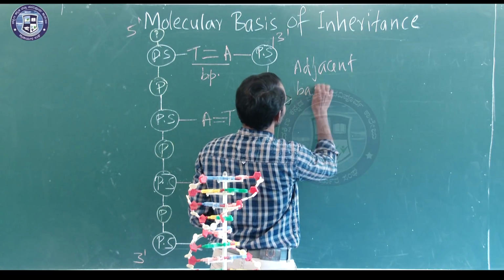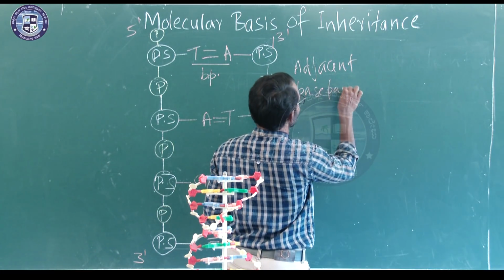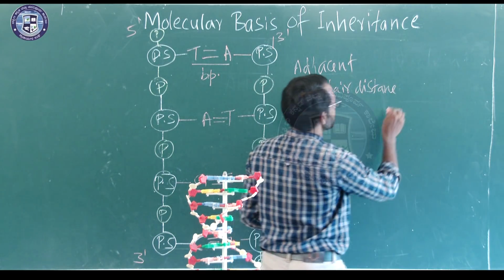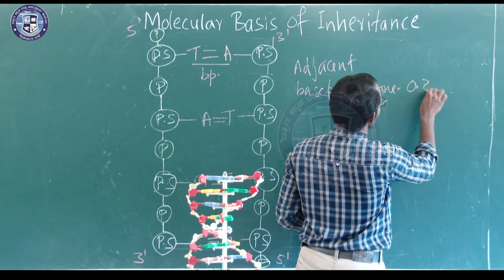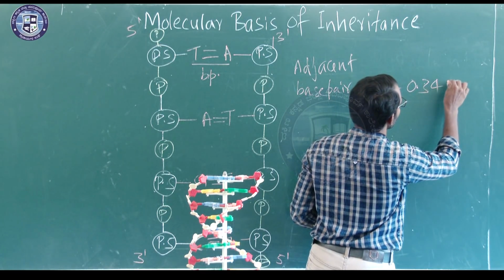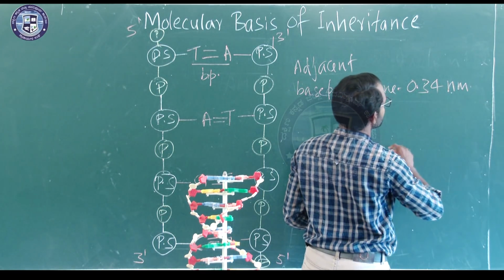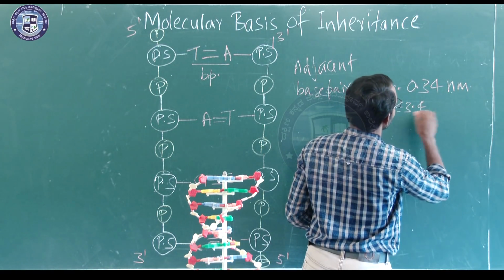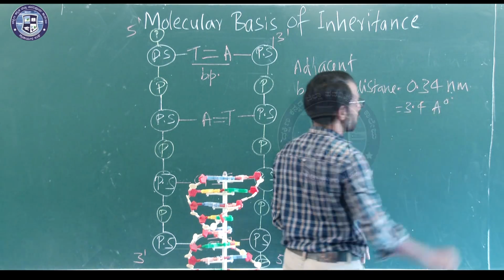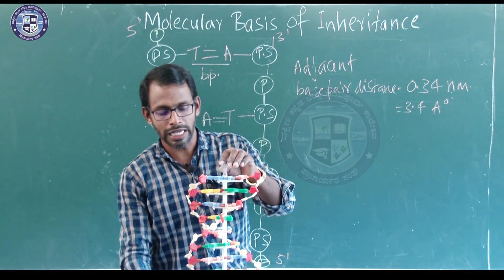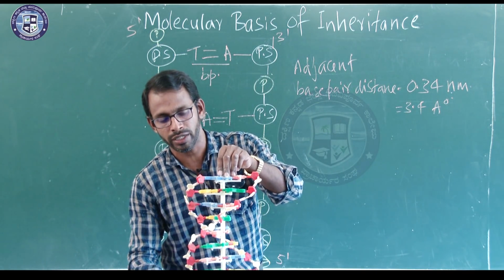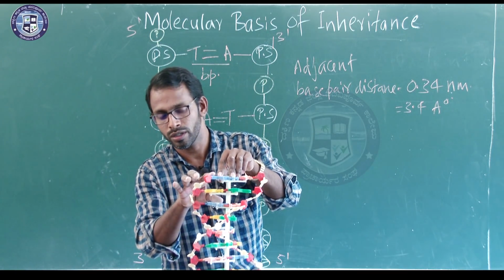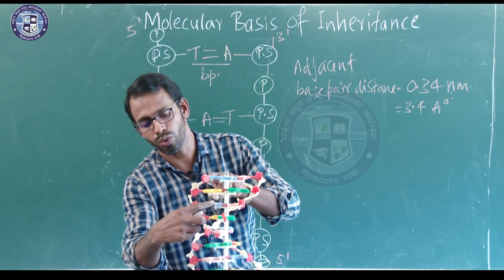Adjacent base pair distance is 0.34 nanometer, which is equal to 3.4 angstrom. Okay. As a result, when it completes 10 such base pairs, now you say 1, 2,